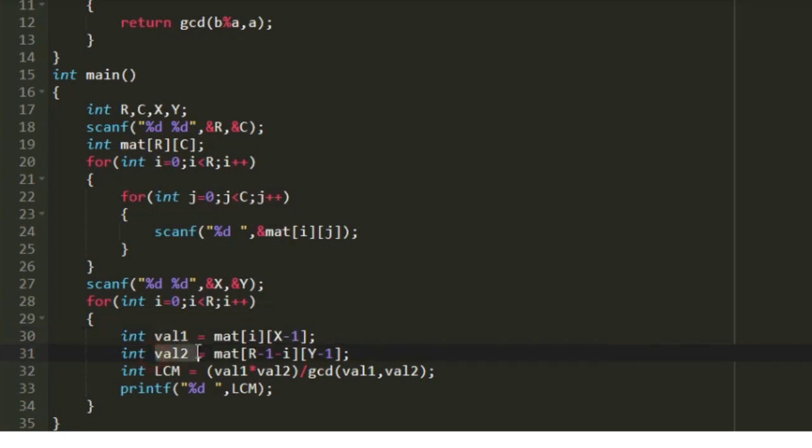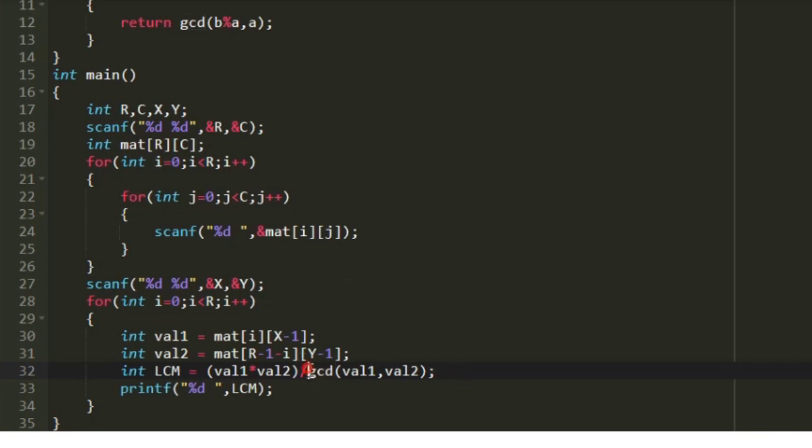So in the next line I am creating another new integer variable named LCM, and here we are using the formula val1 into val2 divided by GCD of val1 and val2. So this would give us the LCM of two numbers. So first val1 into val2, and then we will divide it by the GCD of val1 and val2. And to calculate the GCD, we have already defined a function, and we have already seen how the function GCD works. So we have implemented the GCD function using the Euclidean algorithm. So the value of this expression would be the LCM of val1 and val2.